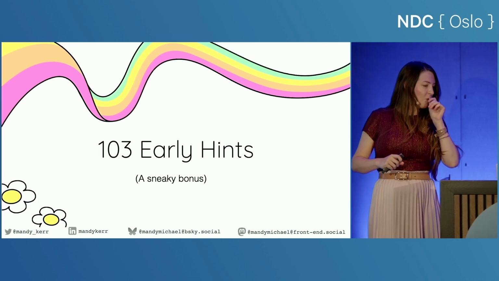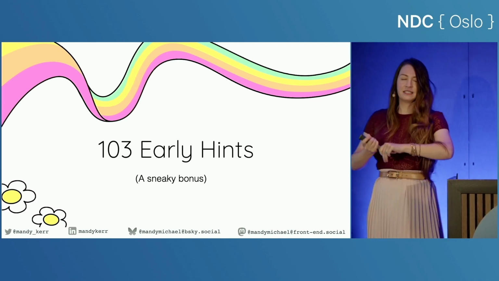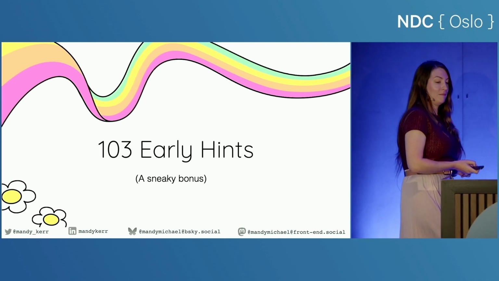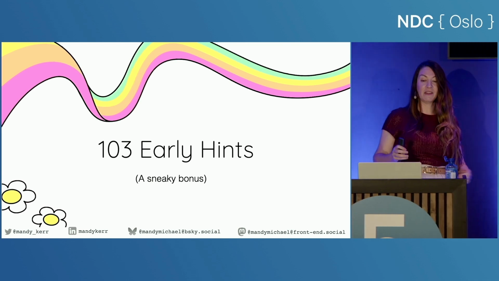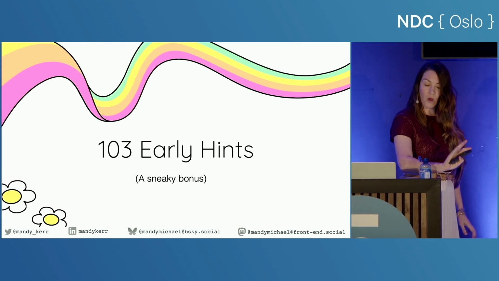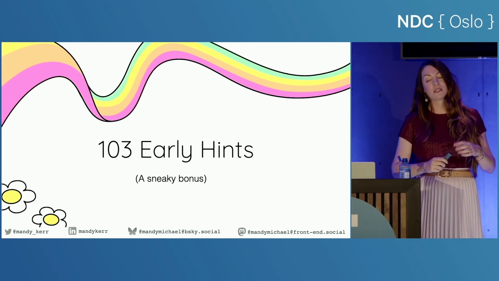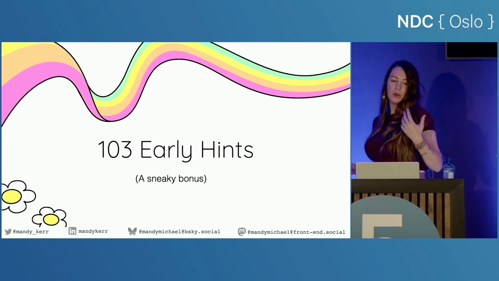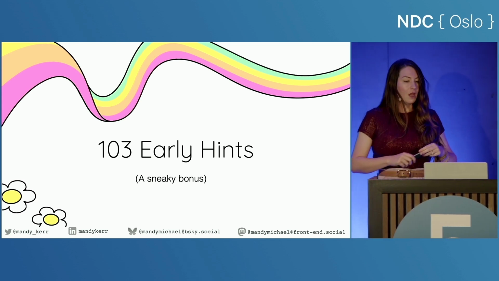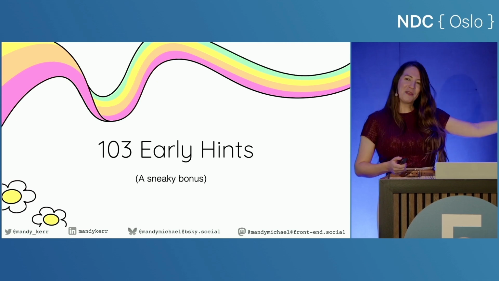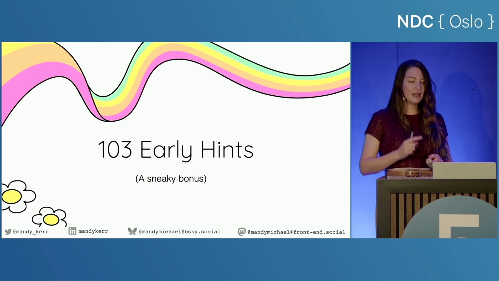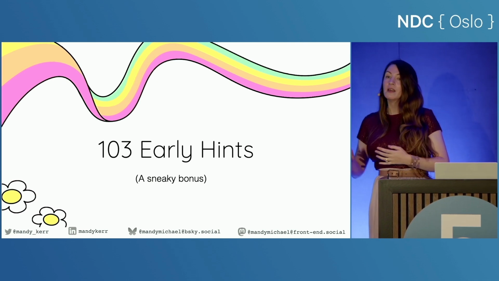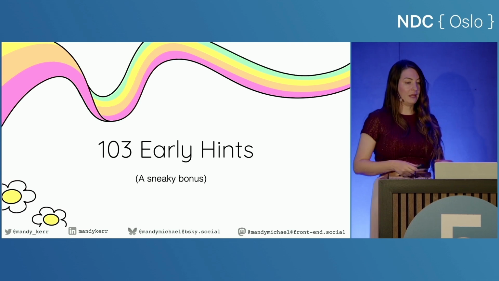So to finish off, I wanted to briefly mention early hints. It is not HTML, so you might be thinking, why am I mentioning this? It is a new HTTP status code, 103 early hints, and it defines new interactions between a client and the server. And the reason that I'm bringing it up is because all the things that I just talked about, DNS prefetch, pre-connect, preload, fetch priority, can all be used as part of early hints. So for example,